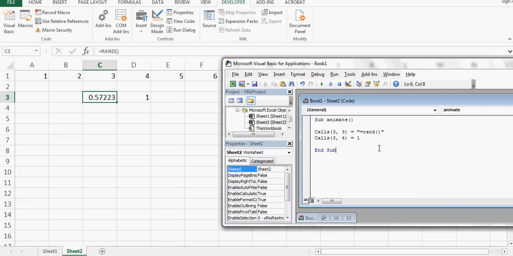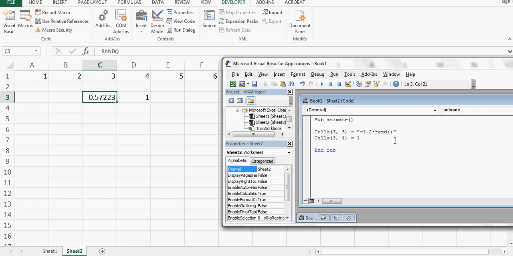But this is a random walk. I want to go both in negative and positive direction. So how will I do that? I'll do that by saying 1 minus 2 times random number. Think about it. You can pause the video and think about it. This is just multiplying the random number from 0 to 1 by 2.